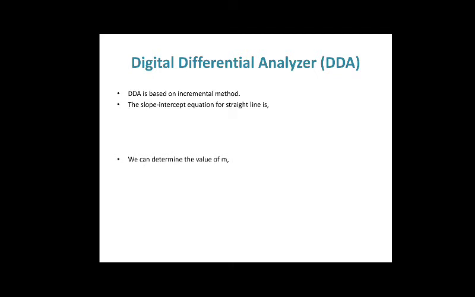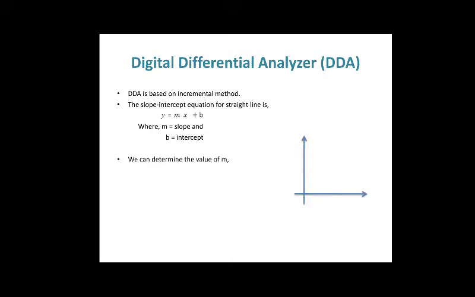In the last lecture we have seen the equation of a line, right? The equation of a line we can also represent in slope intercept form. What is that equation? The equation is y is equal to mx plus b. This is called the slope intercept form of that line, where m is the slope and b is the intercept. Slope is the change in height divided by the change in width, and the intercept is the height at which the line intersects the y axis.